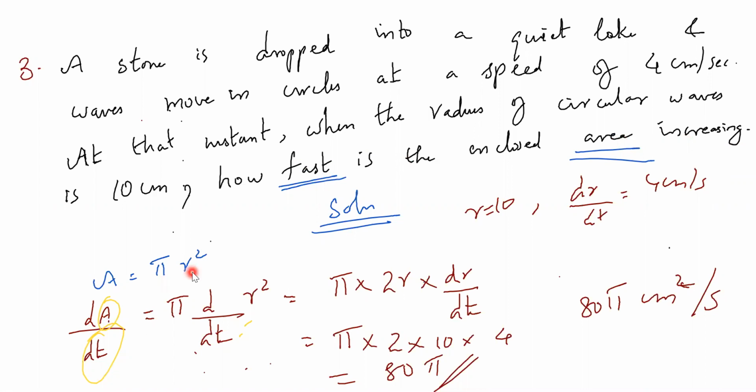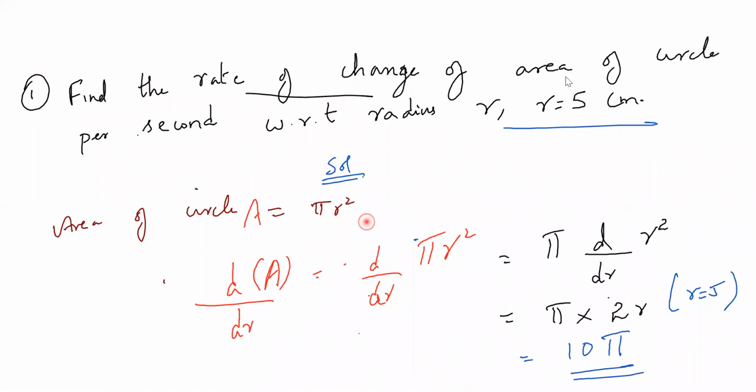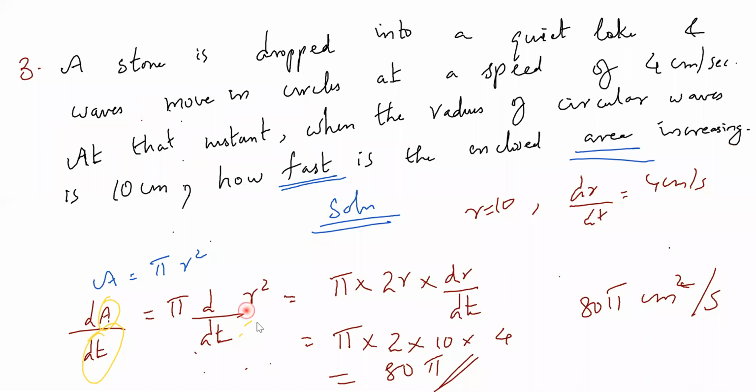Here it is not just like in our first problem, where we had the change of area of a circle with respect to radius. With radius, I don't need to do dr by anything, so I just put 2r. But here it is radius with respect to what? Time. r square with respect to time. This is my d by dt. That's the reason I gave it here. r square differentiation is 2r, then r differentiation with respect to t is dr by dt. That's all. Everything is given in the question. 10 centimeters is given, 4 centimeters per second is dr by dt, and just simply substituting, we get the answer. Is it clear to everyone?